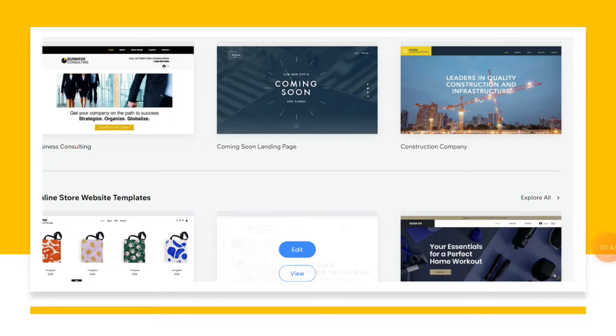This Wix platform works completely on the basis of templates. You can design your own template, and you should also have some idea of how your website looks. Depending on that idea, you need to select one platform from this.